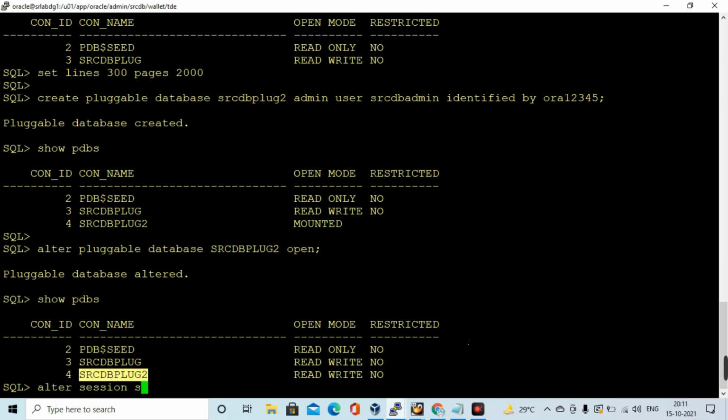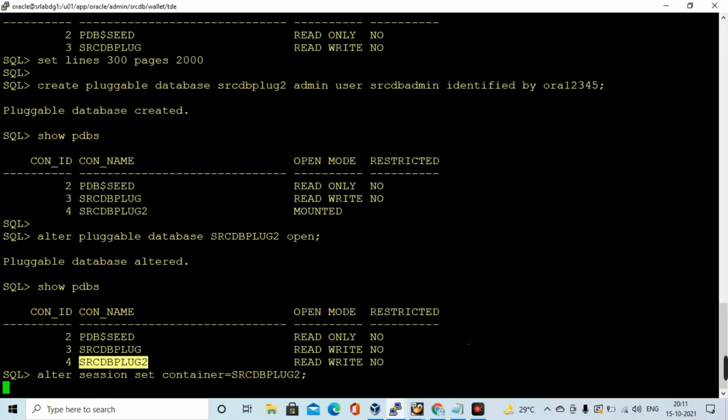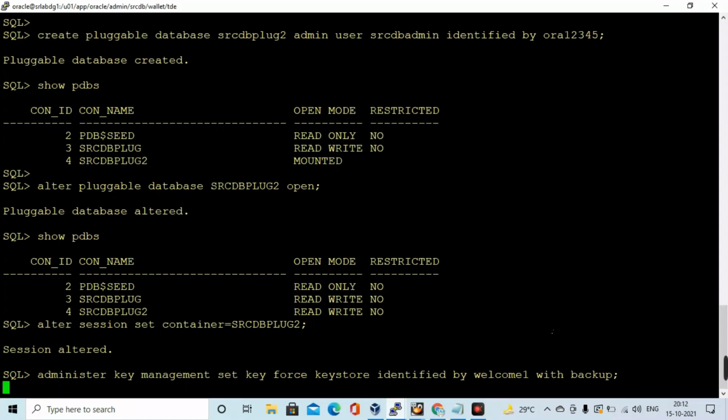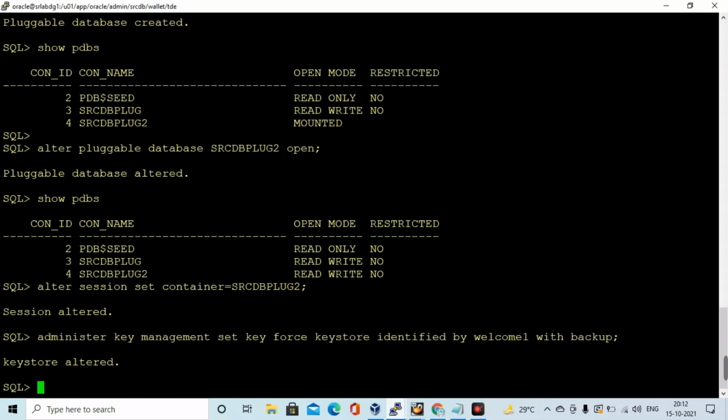Now let's move into that pluggable container and create the TDE key store for this newly created pluggable database. Key store altered.